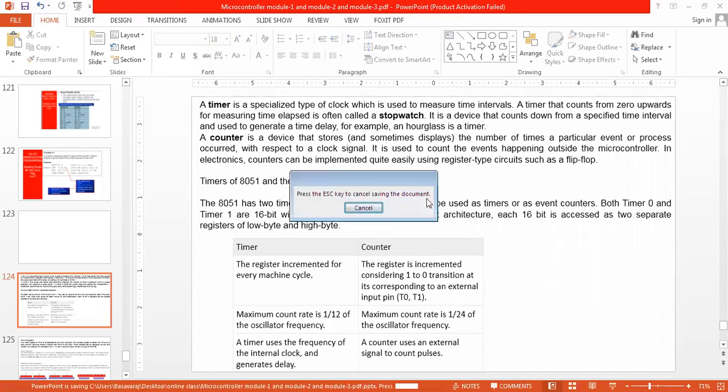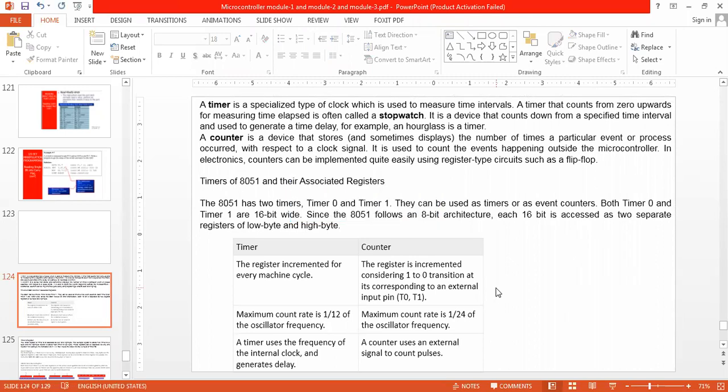So the fourth module is regarding timers and counters. Timers and counter. This is the fourth module.